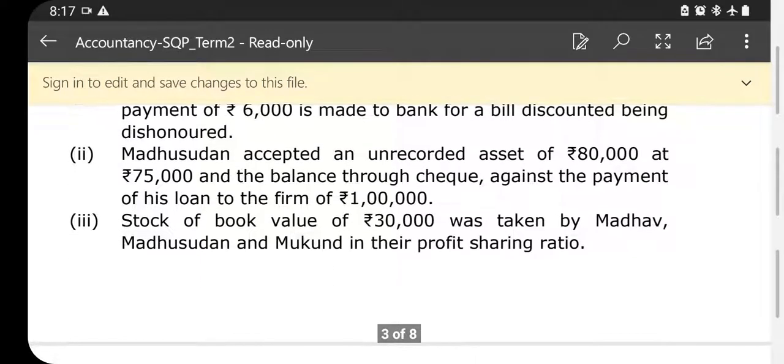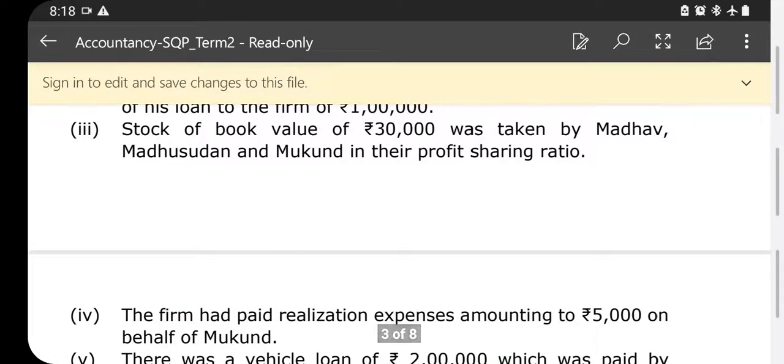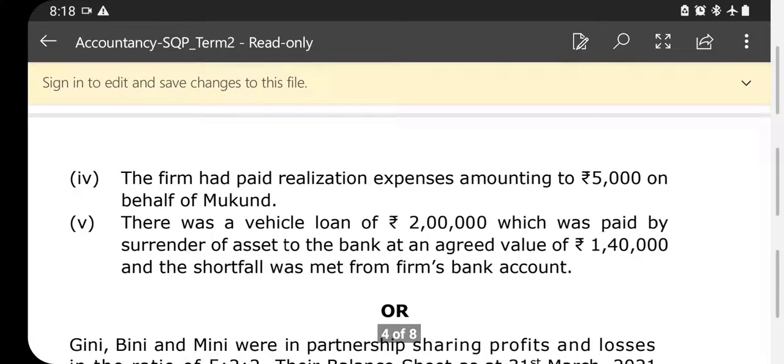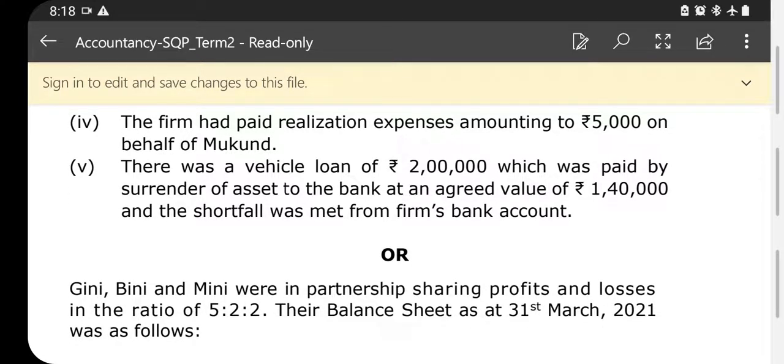Second point, Madhusudan accepted an unrecorded asset of 80,000 at 75,000 and the balance through check against the payment of his loan to the firm of 1 lakh. Third point, stock of book value of 30,000 was taken by Madhusudan and Mukund in their profit sharing ratio. Fourth point, the firm had paid realization expenses amounting to 5,000 rupees on behalf of Mukund. Fifth point, there was a vehicle loan of